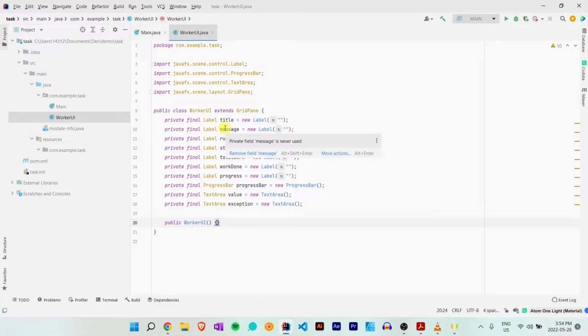And remember that you can only update the scene graph on the JavaFX application thread. That's the only thread in which you can update the scene graph. Since the properties of the tasks themselves are updated on the same thread, it means we can use simple mechanisms like just binding the text properties of the labels and the controls to the properties of the task itself,